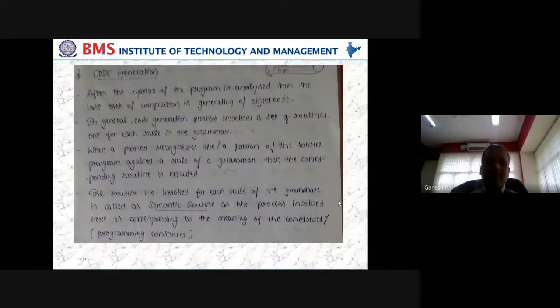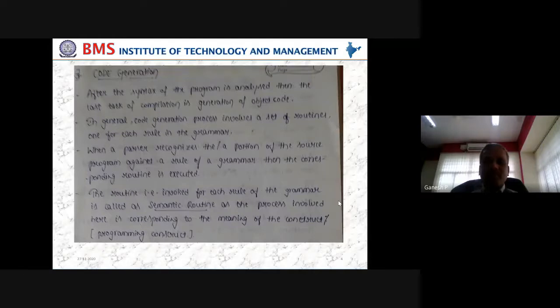recursive descent parsing. If recursive descent parsing is not there, at least one procedure needs to be associated for the purpose of code generation. Nevertheless, for every construct we have in the programming language, we need to have a procedure associated with it, such that once lexical analysis and syntax analysis are successful, code generation will take place. So that's what we have to understand.